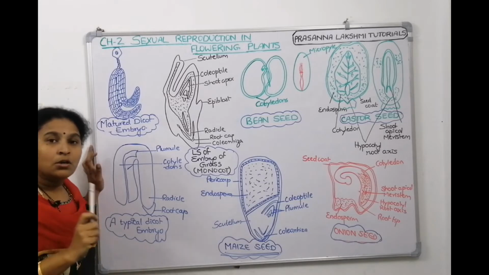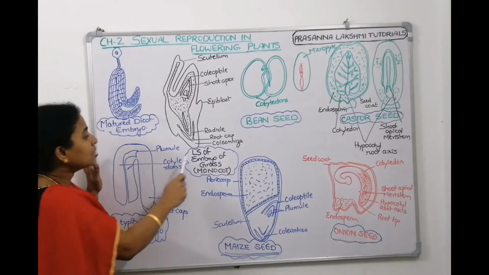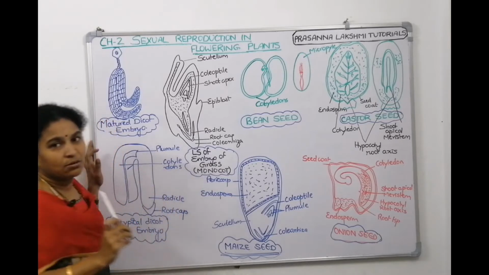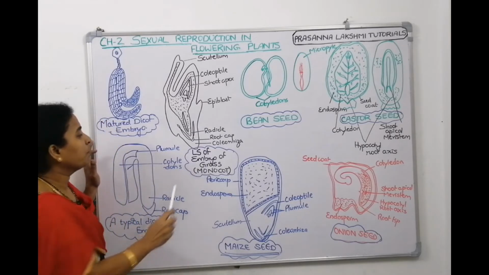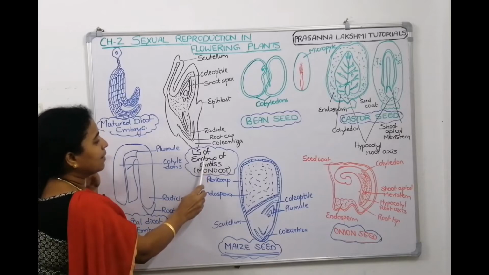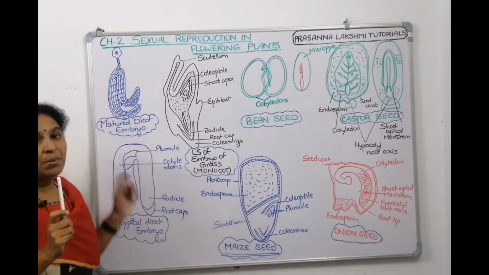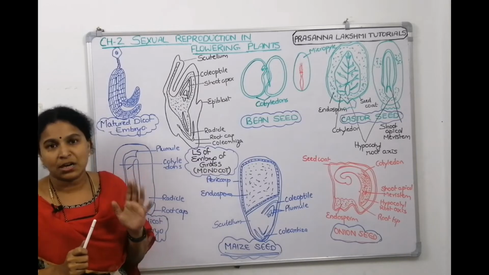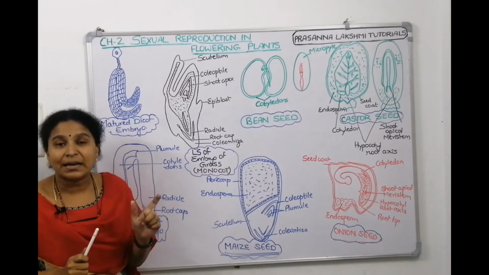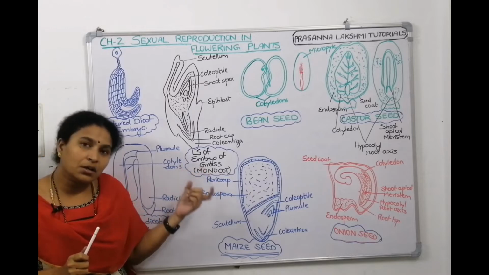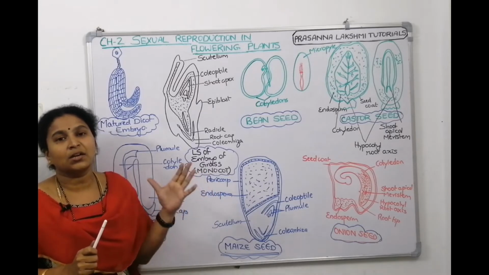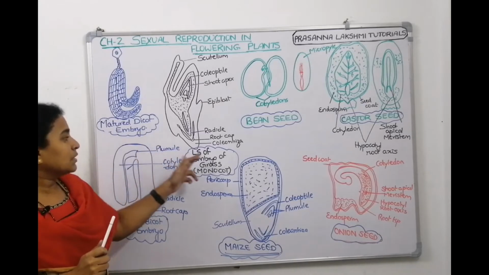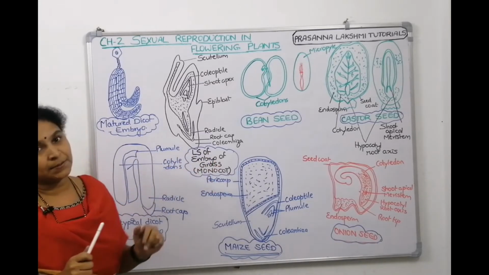Now, let's go on to the monocot embryo. This is a monocot embryo. They told it is a longitudinal section. LS means longitudinal section, the longitudinal section of the embryo of a grass. If you remember, when we discussed the monocot embryo, we took grass as the reference plant, which belongs to the family Gramineae. So, what is this, children? It is the LS of the embryo of grass.